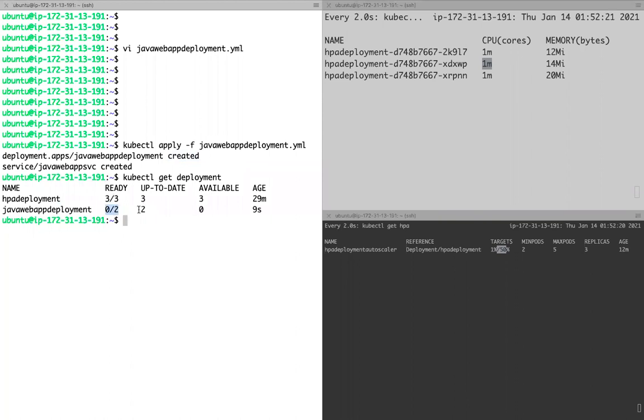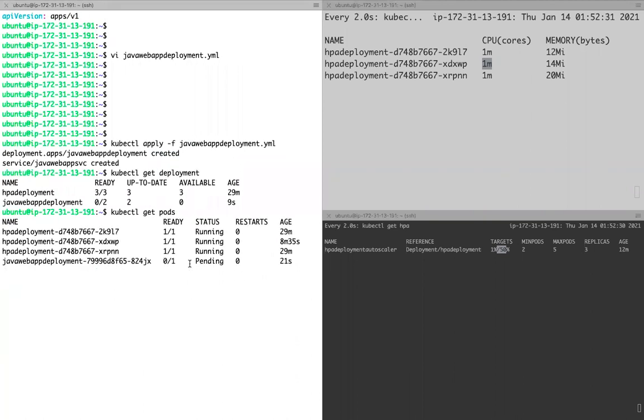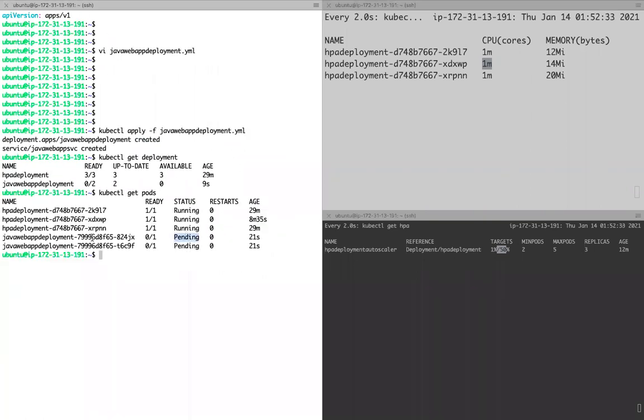The deployment is created, but are our pods running successfully? If you see the state of our pod for this application, what is the status? Pending.